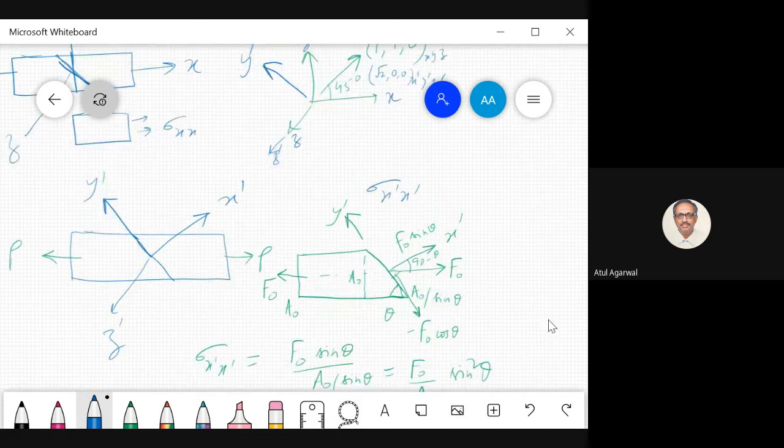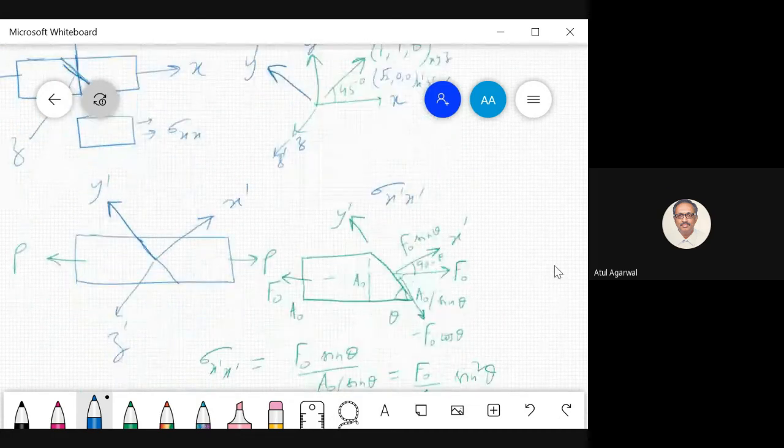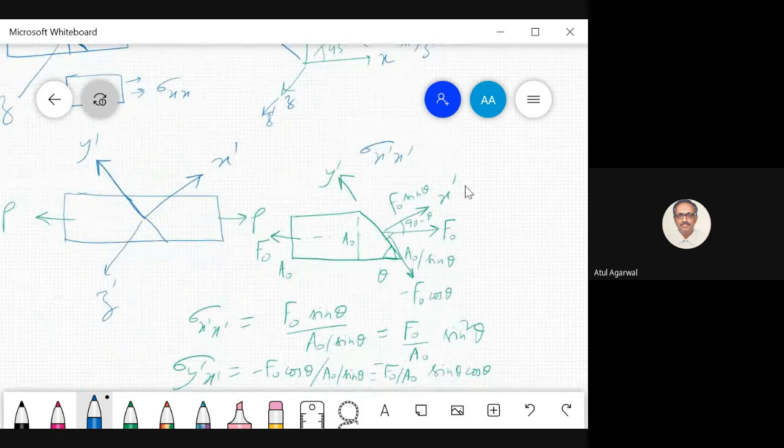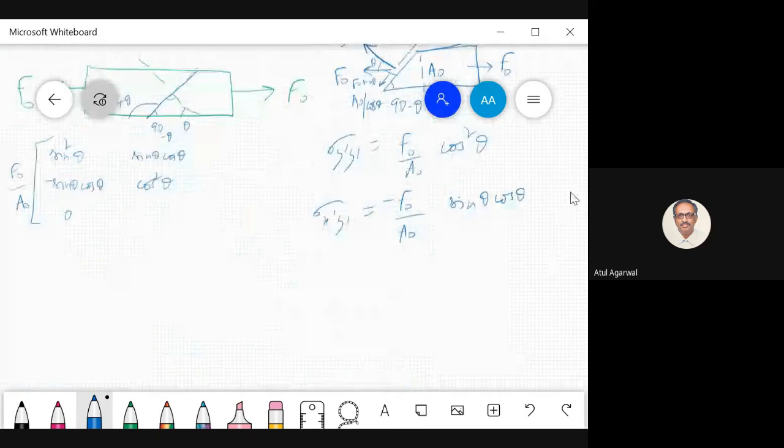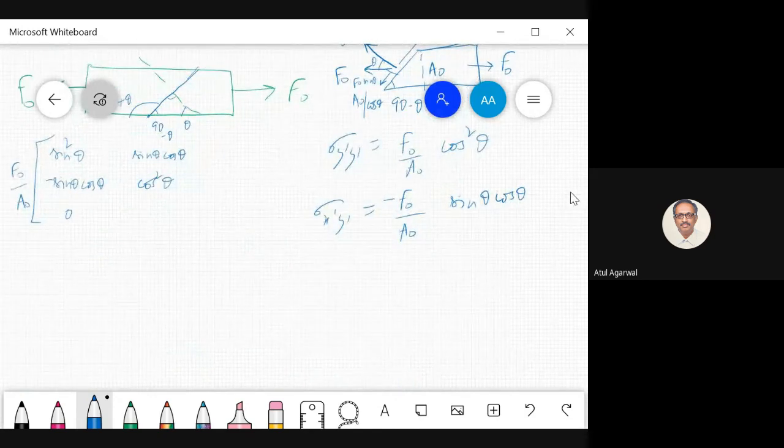If I come to the previous case, my area normal was in the positive x prime direction, and the force component was in the negative y prime direction. So I have to get a negative stress. The sign convention for stresses depends on both the sign of the component of force, as well as the sign of the area of the face. So you see,